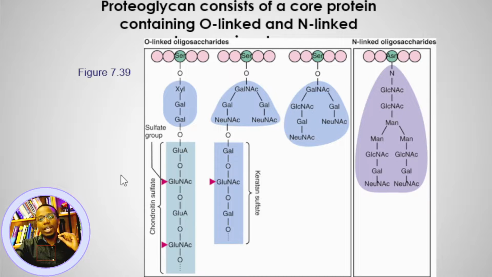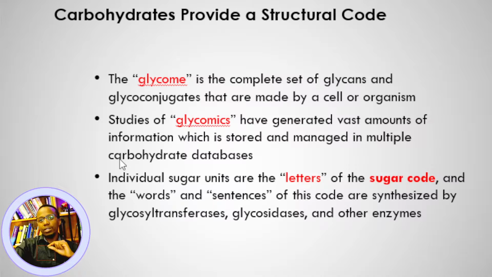And a network of these sugars is what constitutes the glycome. The glycome is a complete set of glycans, right, and glycoconjugates that are made by a cell or an organism, right? So there's a big study that's called glycomics. So when I say glycomics, you have genome and genomics. So you have glycome and glycomics, and